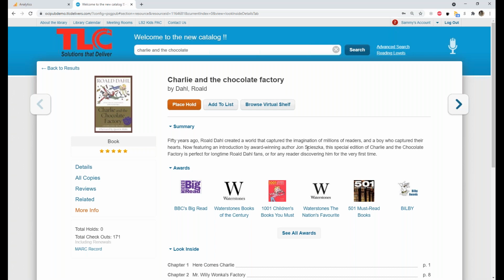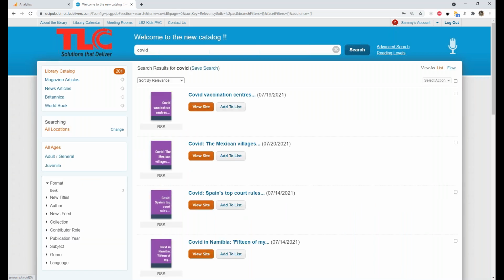So let's take a look at another way we can integrate digital resources. Patrons are quite likely still searching for information about COVID. Now, within your library, you probably don't have a lot of materials that actually cover the COVID pandemic. So what we can do for you here is index things such as magazine articles, news articles, even Britannica